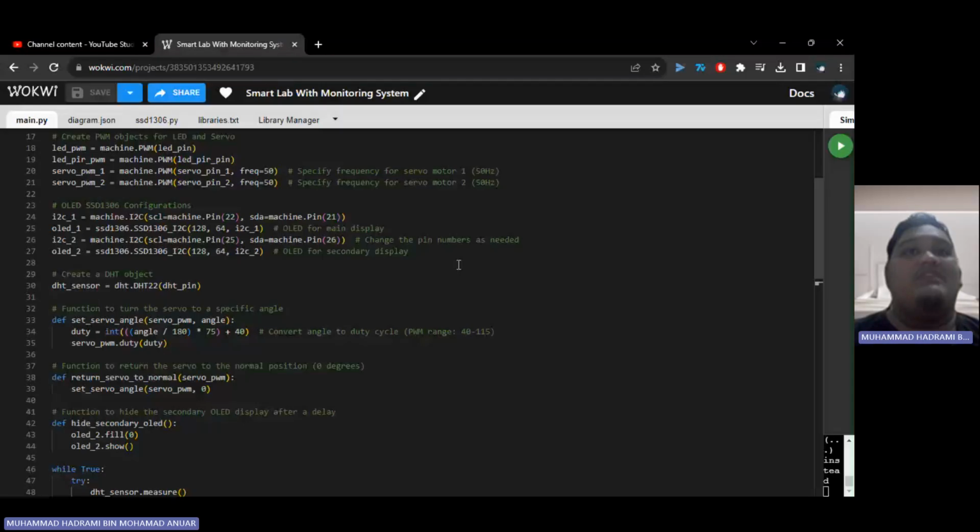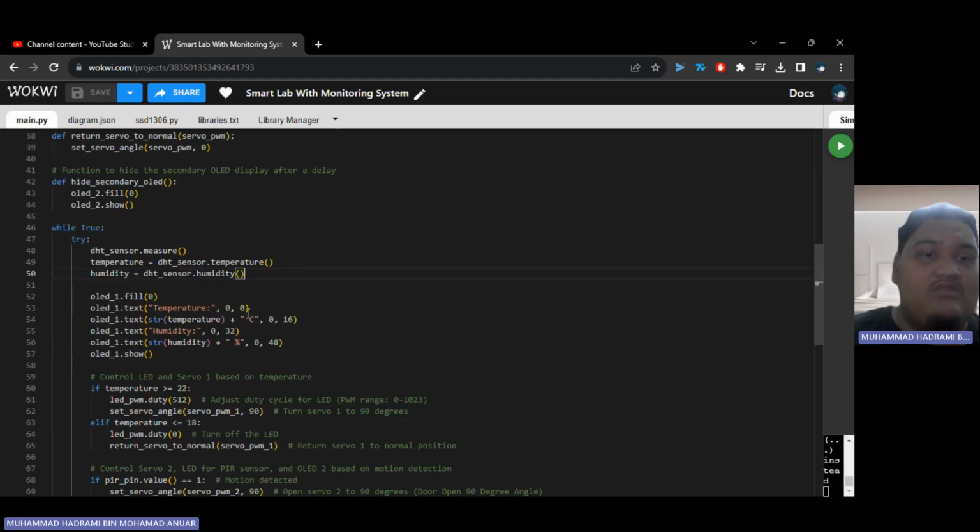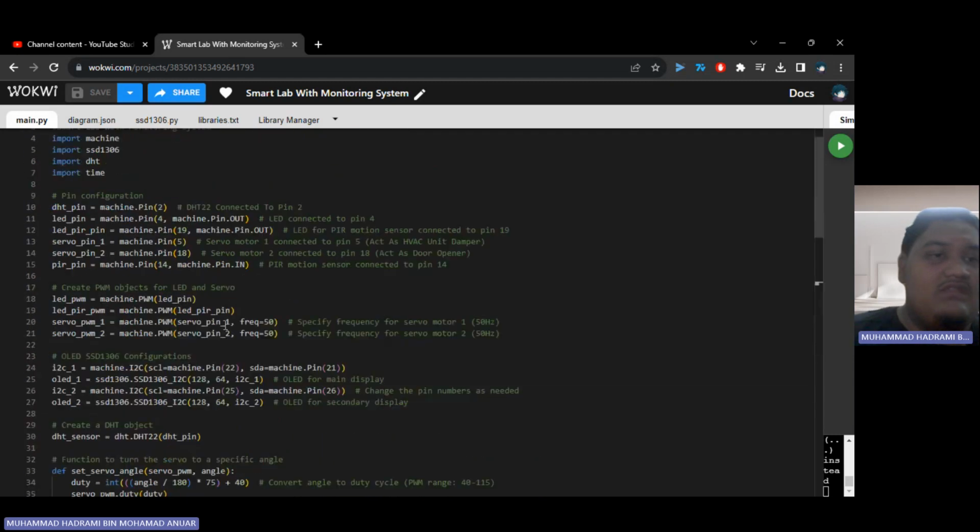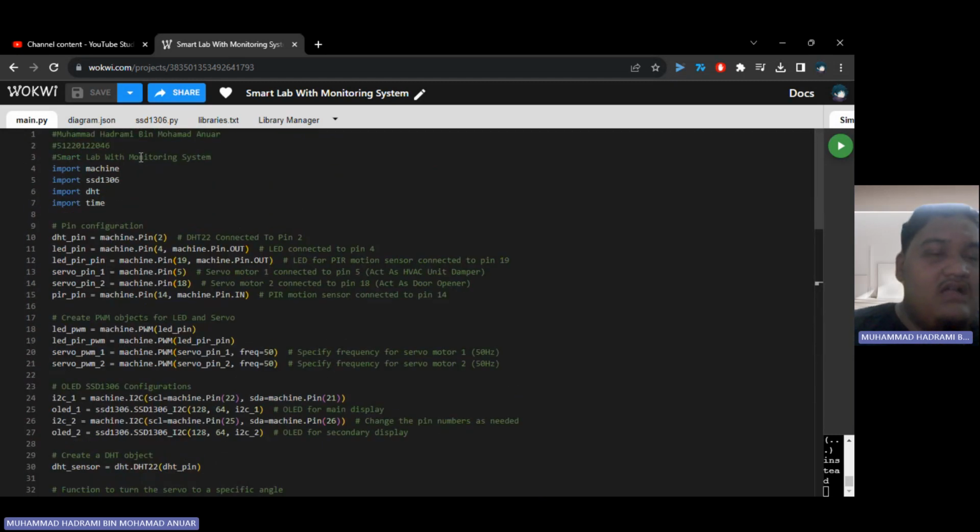Today I will be explaining about my project. My project is called Smart Lab with Monitoring System. My goal is to implement real-time environment monitoring, responsive temperature regulation for comfort, and minimize physical contact to prevent experiment contamination. As you can see here in this coding, this is